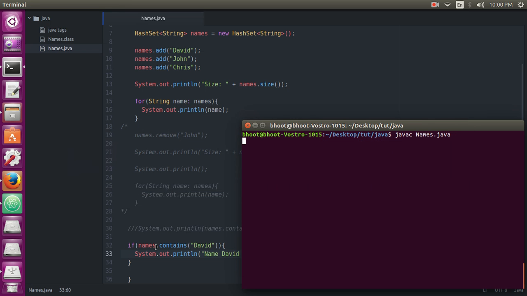Compile again, run the code. So you can see the name David exists in the list because it exists in the list.